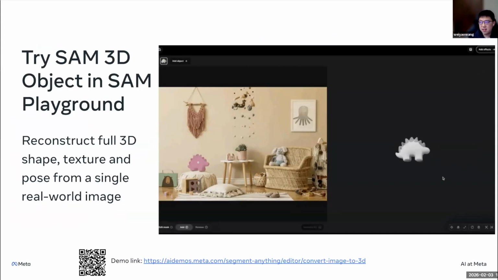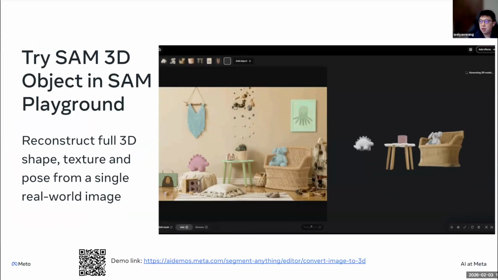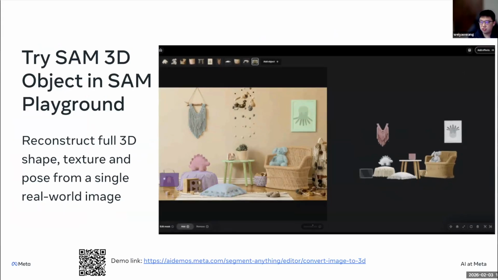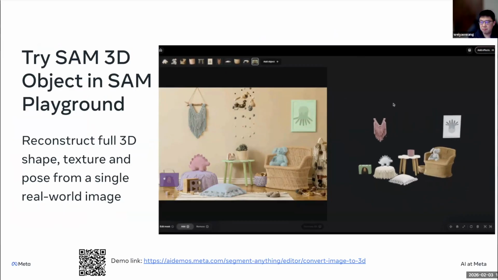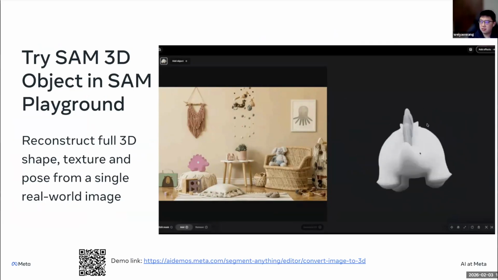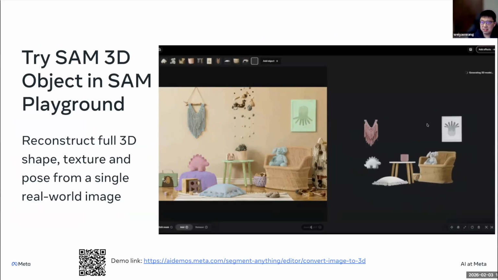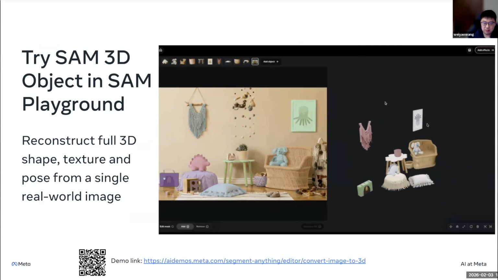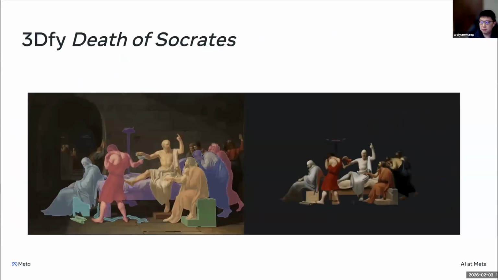At this point, you've seen the ideas, you've seen the metrics, you've seen human preference tests. Now the best way to understand is to just try it. As I mentioned, there's an online demo on the Segment Anything Playground. Click on an object and literally watch it appear in 3D, as you can see on the right. It's very satisfying for researchers like me. And honestly, it feels even a little bit magical. Still, I play with it a few months after we released the model.